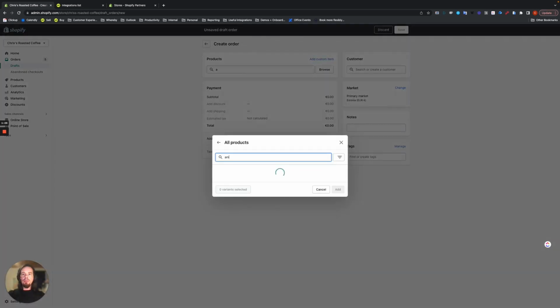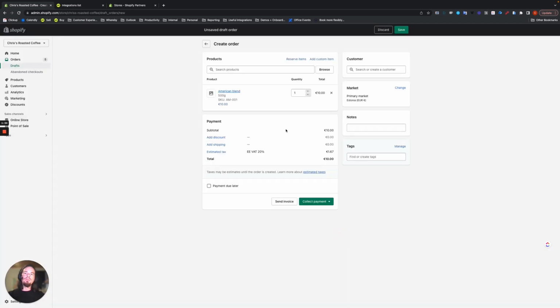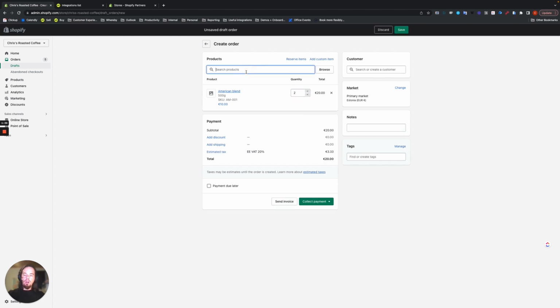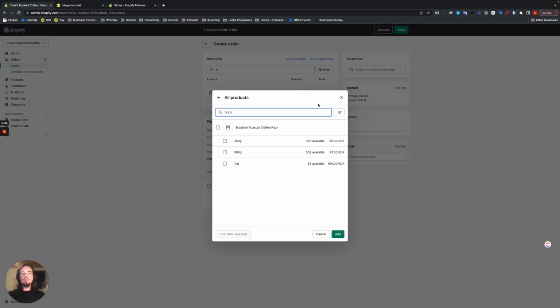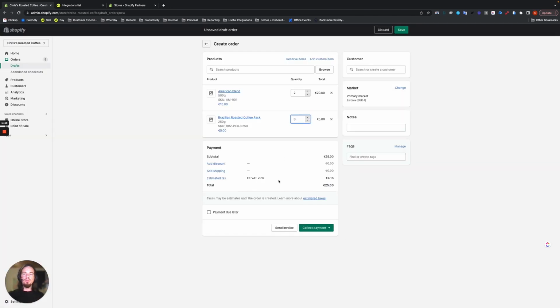First one will be American Blend Coffee. We'll pull the 500 grams. We'll add that to the sales order. Let's go ahead and do 2 of those. Let's also add a couple of the Brazilian ones. See what we have available in stock here. 250. We'll add that to the sales order. Put a couple in like so. So here's what we've done. We've added 2 products, a couple of units of each product,